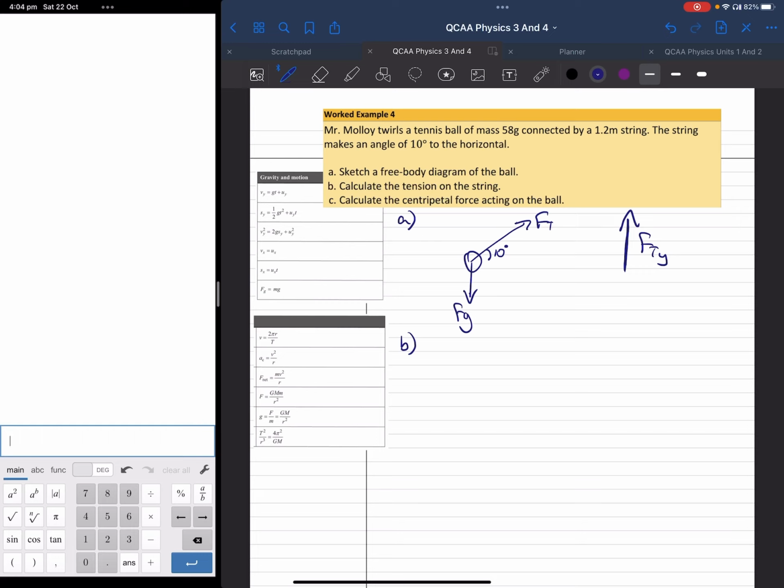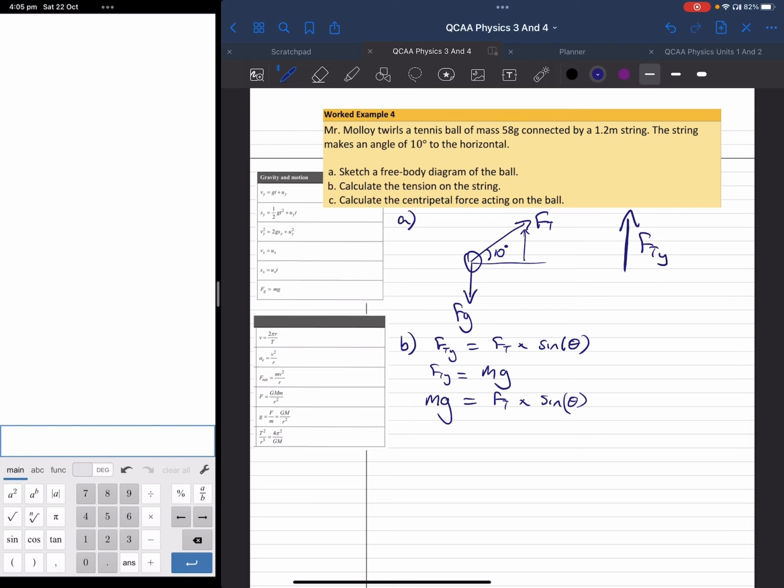So F of tension in the y is going to be equal to the force of tension times the sine of the angle, because we're dealing with the opposite side here. We also know that the force of tension in the y is equal to mg, so we can say that mass times gravity equals force of tension times the sine of the angle,